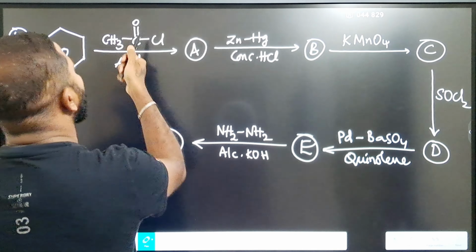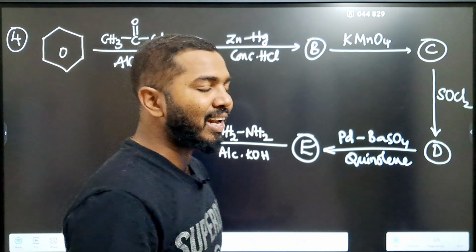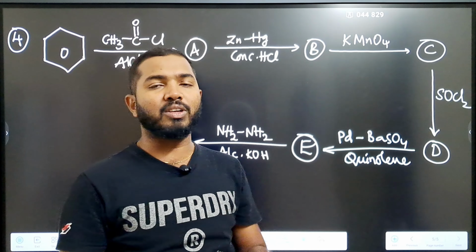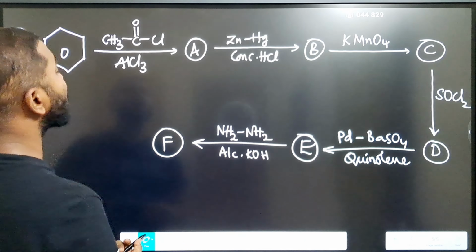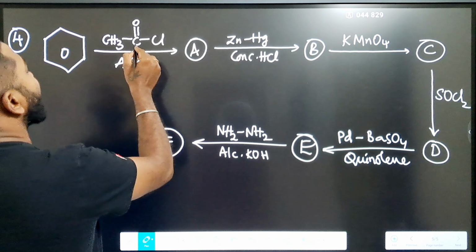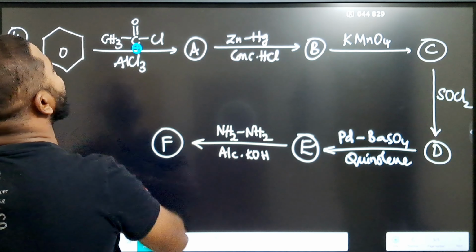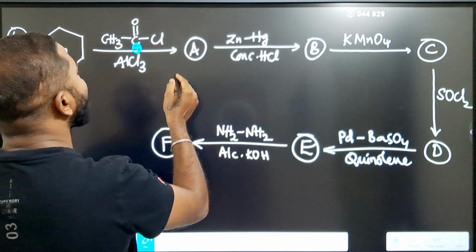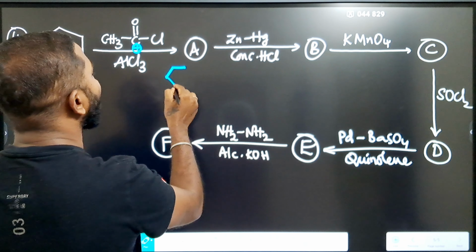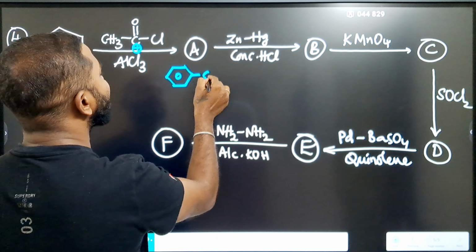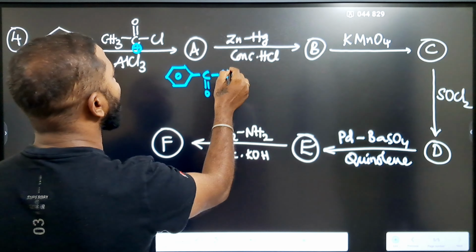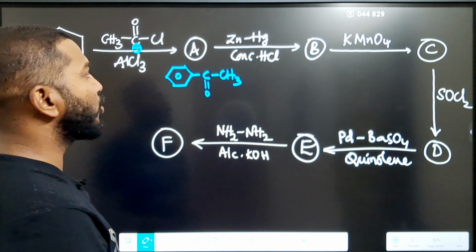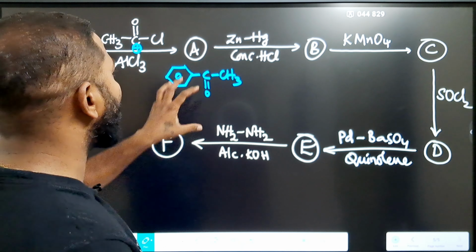And now benzene upon acylation, Friedel-Crafts acylation is the reaction. It undergoes electrophilic substitution reaction. So obviously this is the electrophile. On benzene we will get COCH3, which is nothing but acetophenone, the major product here. So we have got acetophenone. And now in acetophenone, this particular group is a ketone